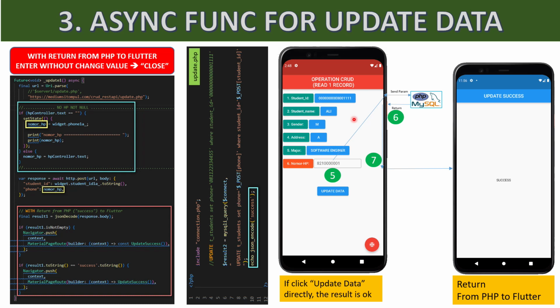But on the last, number 3 asynchronous function, if we put something here, there is information that our process is successful, or we can put additional information if it is not successful. This script function will also go to the other page, making some information, maybe not success, or there is something wrong.